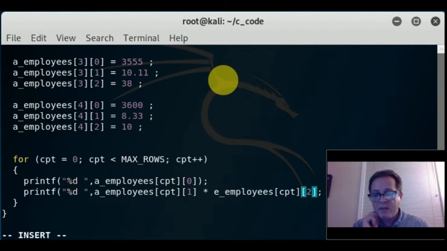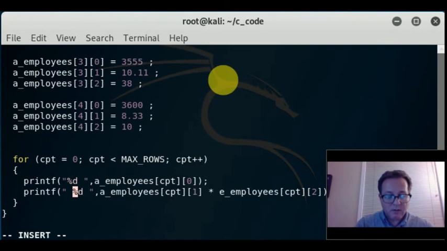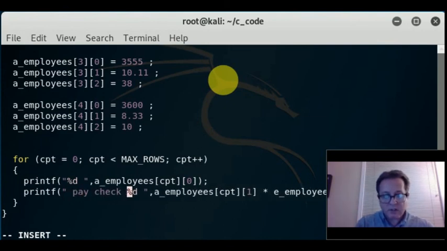So a paycheck is the hourly rate you contract with your employer multiplied by the number of hours that you work during that week. So for that employee, the paycheck will be,